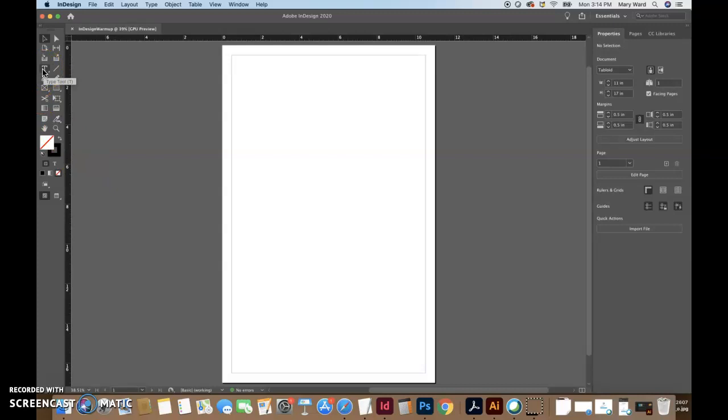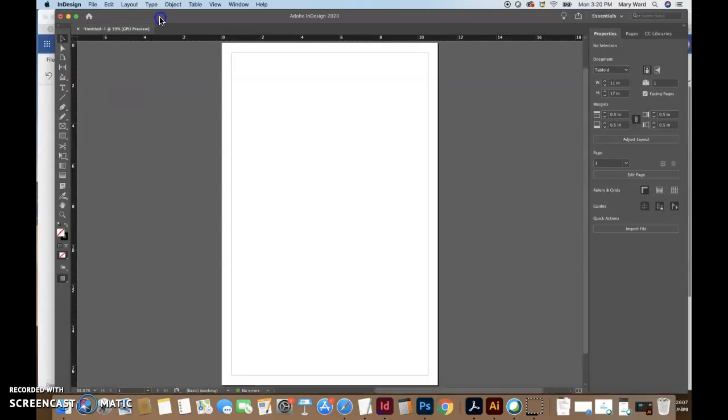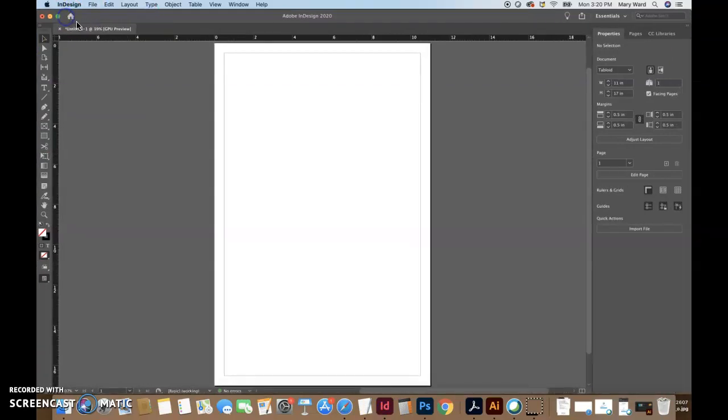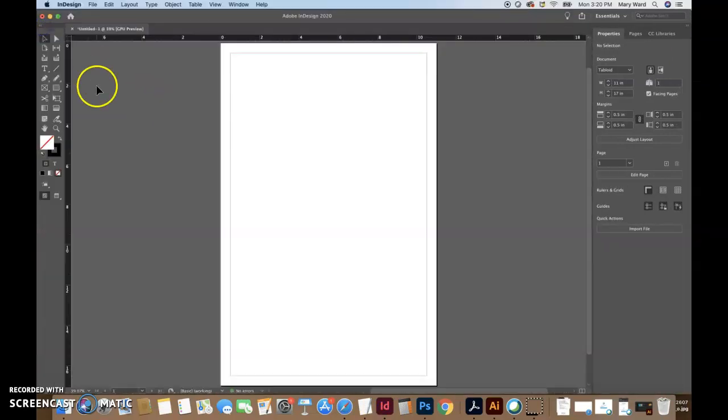If you want to look underneath tools, there's more options underneath them if you click and hold. So here's the type on a path tool. Some of these have these little triangles in the lower right-hand corner, and if we click down and hold, we can see, oh yeah, there's more tools underneath the tools. So I'm just going to make this a little bigger and bring this back out. So what we're going to do, we're actually going to go into